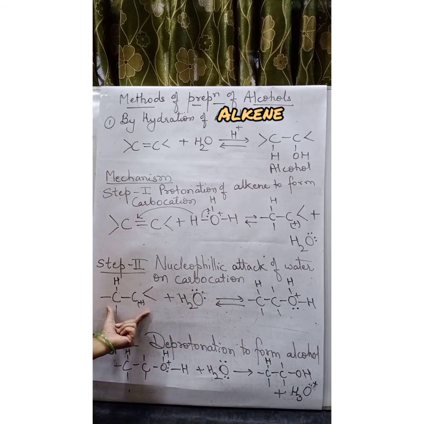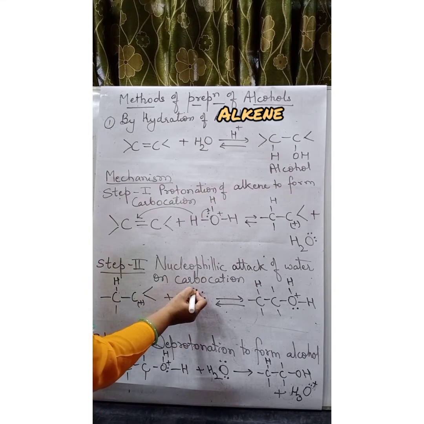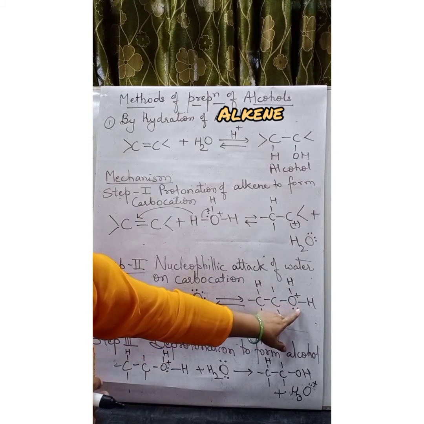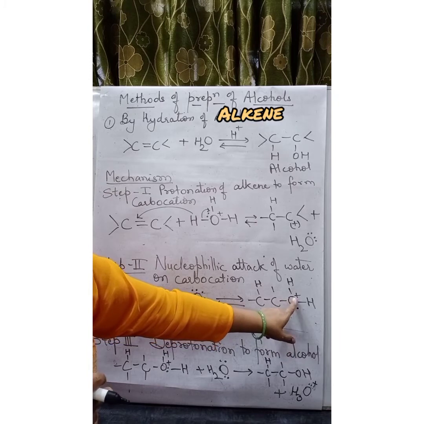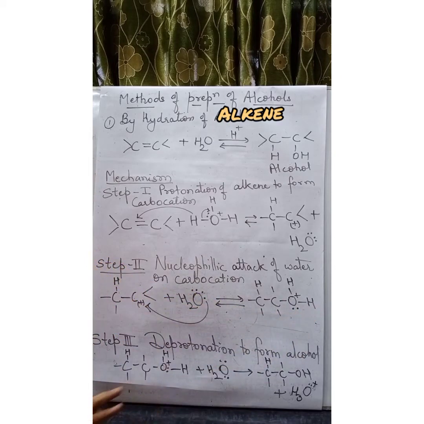So carbocation, now the oxygen of water is having 2 lone pairs. So where it is going to attack? It is definitely going to attack the electron deficient side. So you can see here, one of the lone pair is used up in forming a bond with carbon. Oxygen develops a positive charge because the lone pair is used up, and it forms a product.